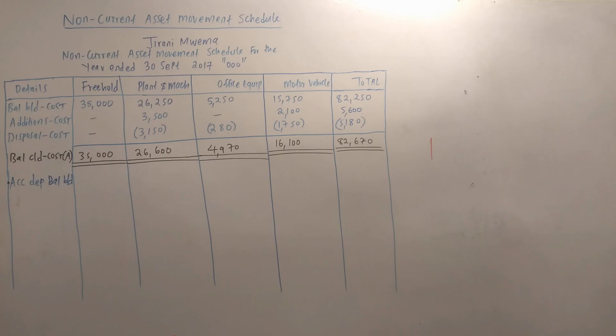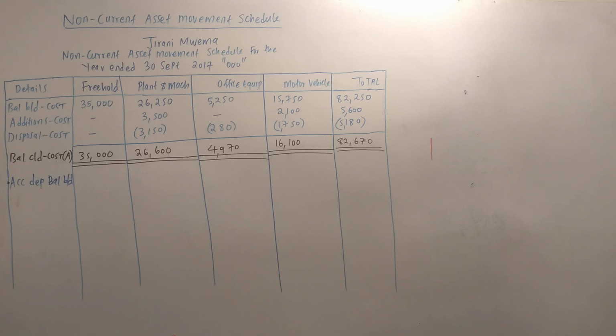Now we do not have accumulated depreciation for freehold because it is for the first year of use. When did freehold start depreciating the item? Now, on 1st October 2016,